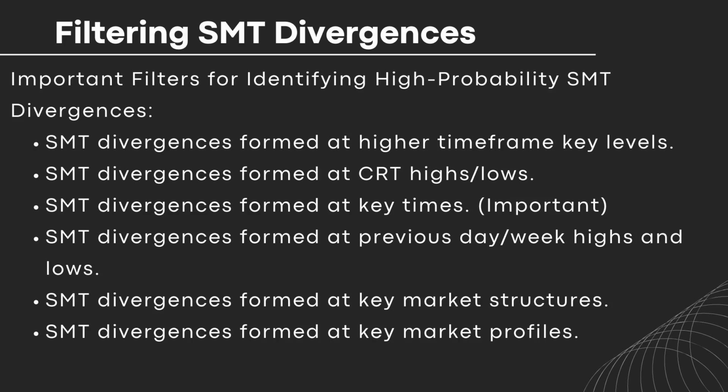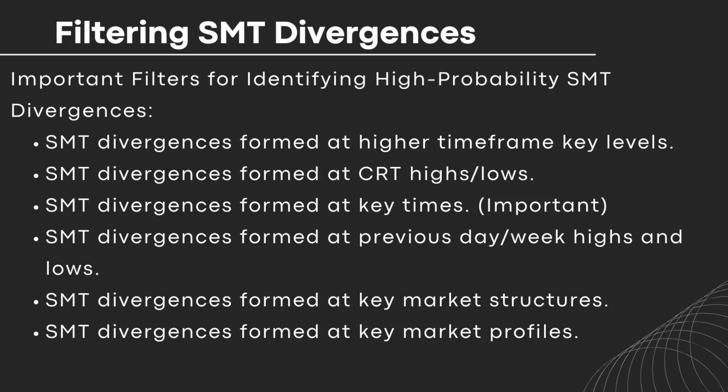Another important thing about SMT is that you must look for SMT while targeting the higher time frame draw on liquidity. It has to be in that particular direction. If it's in the opposite direction, then obviously you're not going to trade it, right? You're not going to trade SMT formed in the counter direction, right? That's the most important point of this chapter: identifying and finding SMT divergences in the direction of the higher time frame draw on liquidity, right? You must remember that. And there also has to be a proper narrative built around it. I discussed this before. Another important filter for SMT is that